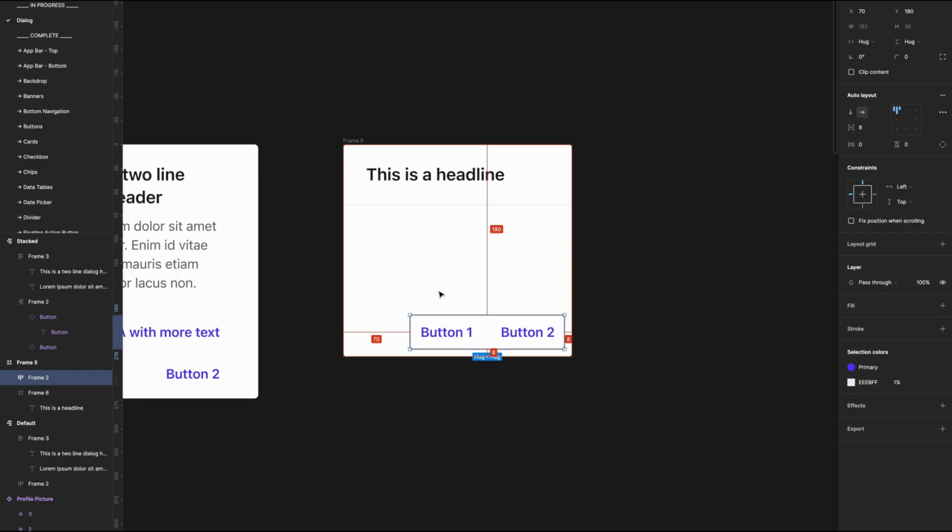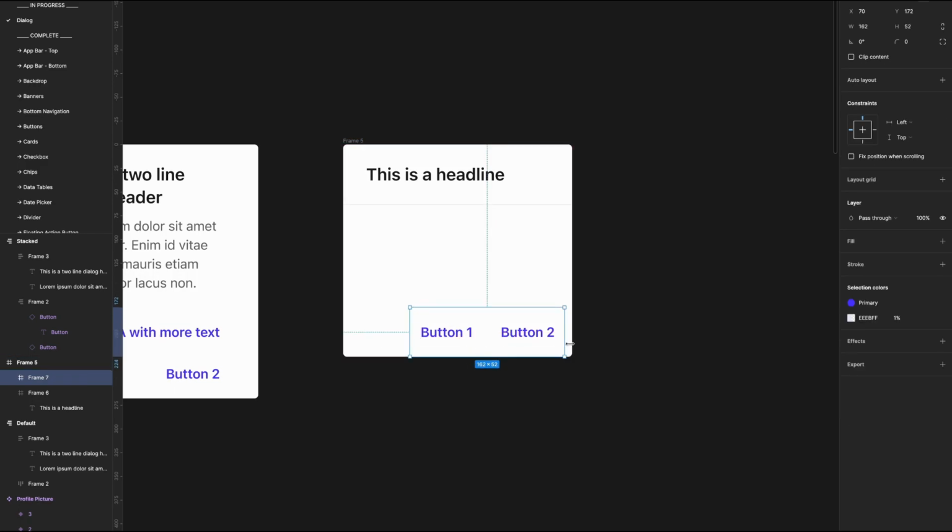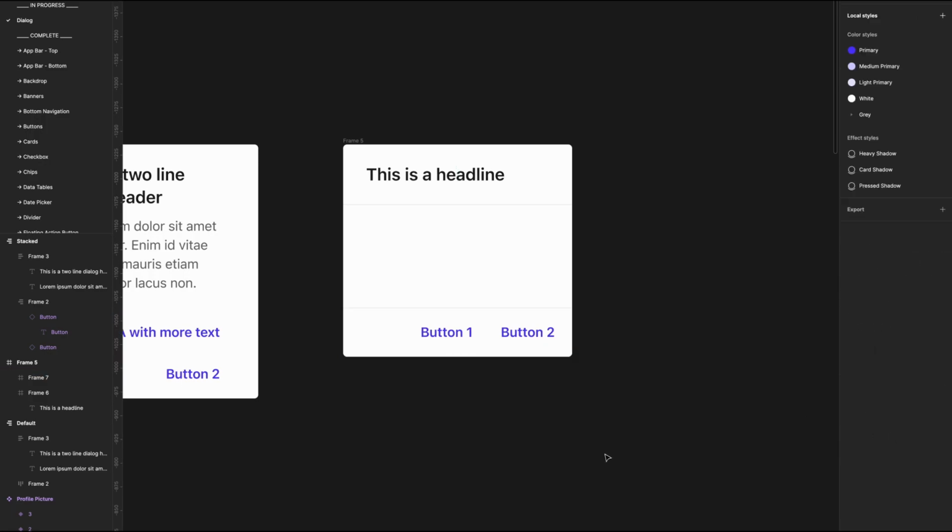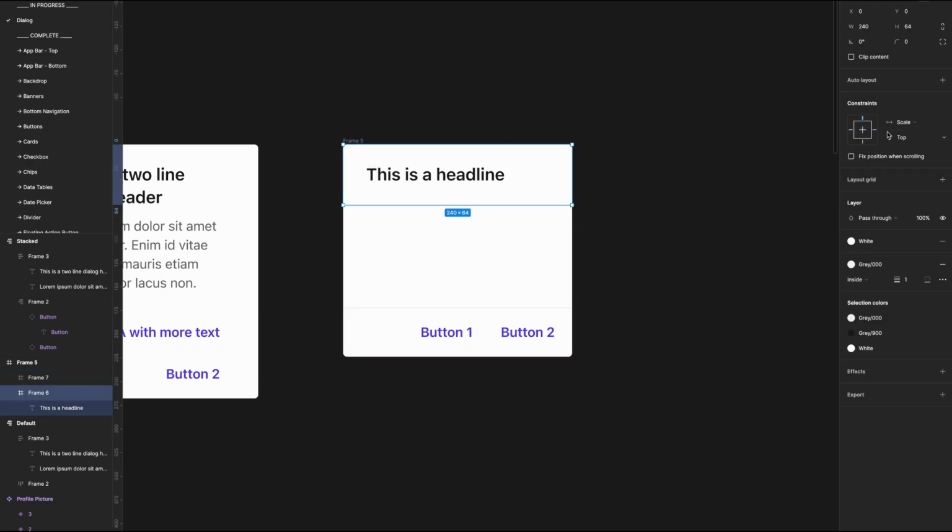We'll take these, have them be 8 pixels from the bottom left and 8 pixels from the bottom right. We'll frame this selection as well, have this be a total of 52 pixels high, and we'll have this go from the left to the right here. Add a white background, a stroke that's only on the top, and then we'll make this that light gray. And then I'm going to align that to the top, and I'm going to have this be fixed to the